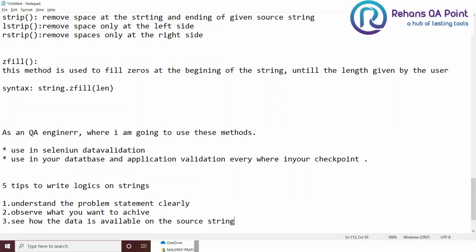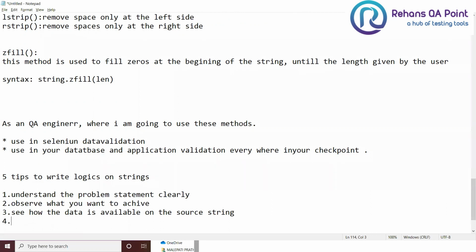You have to think in n dimension, right? That's what the job of a QA. You have to test your application all the possible ways. So here also, when you want to get any data from the string, observe it clearly, how exactly it is surrounded, right? Fourth one,